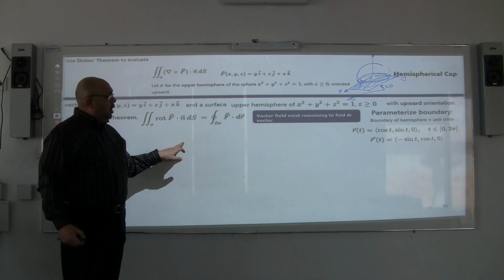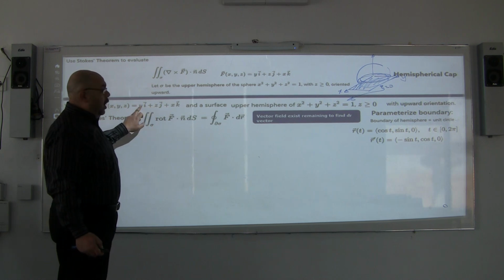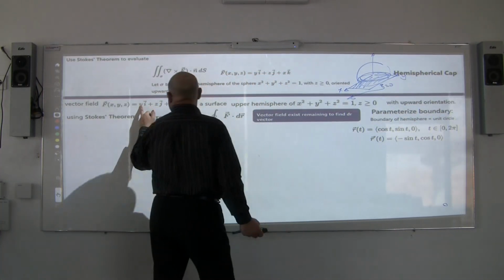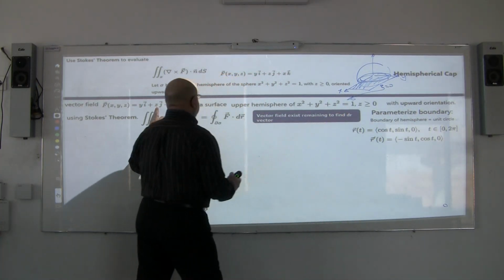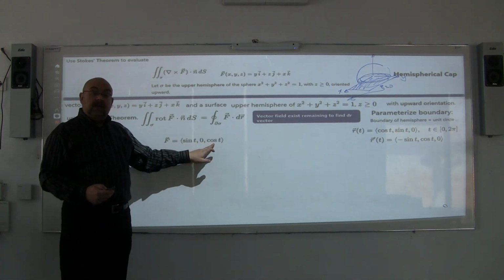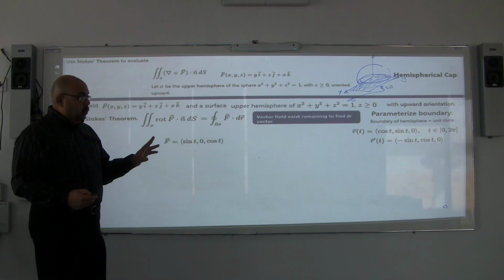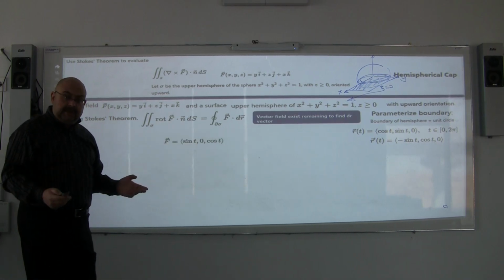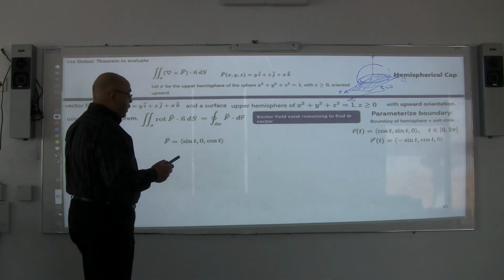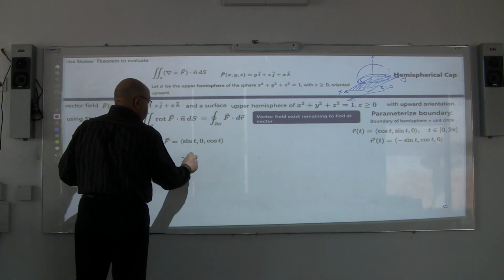So f is sine t. I will start to make the replacement, getting f as a function in r. So y, as you can see from here, is sine t. Then I will have z, which is 0. Then finally x, which is cosine t. So it's sine t, 0, cosine t. Then I have f, I got r dash. I will make the multiplication and integrate through the boundary. But let's do it. Negative sine t times sine t is going to be a negative of a sine